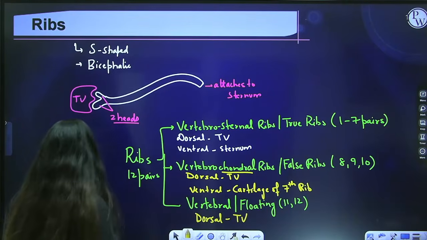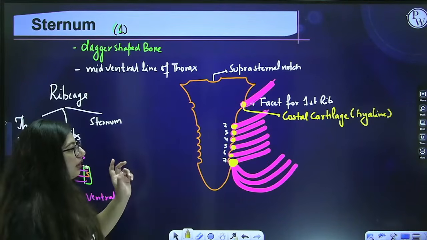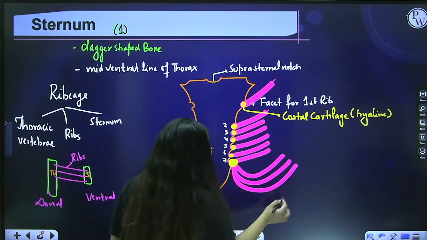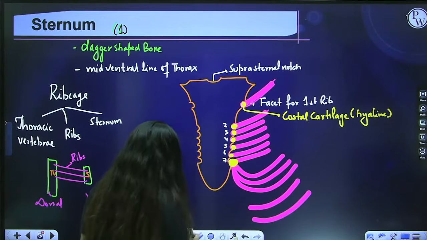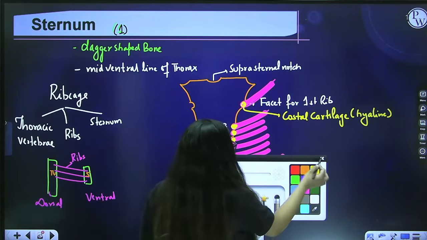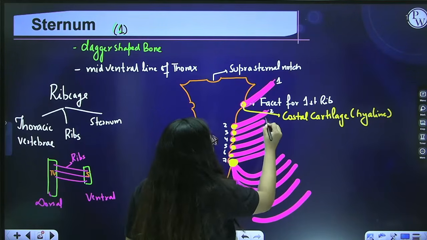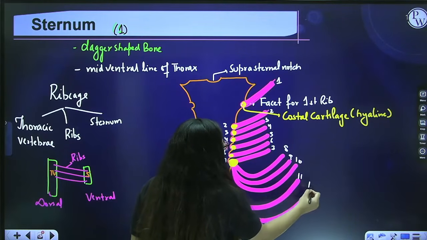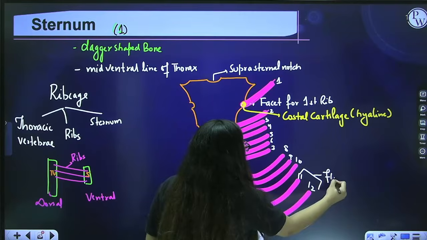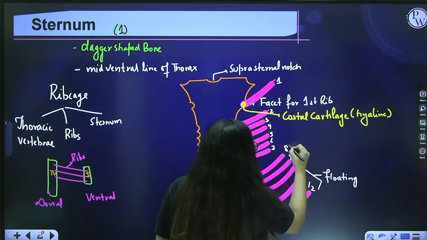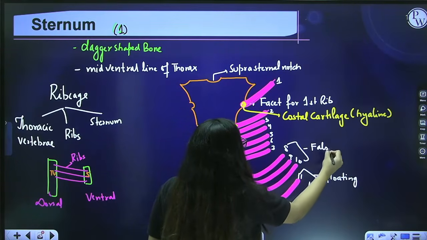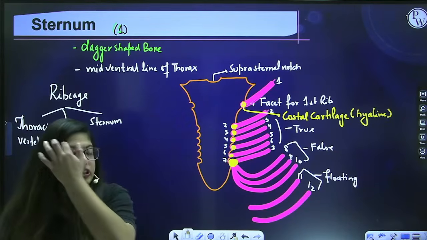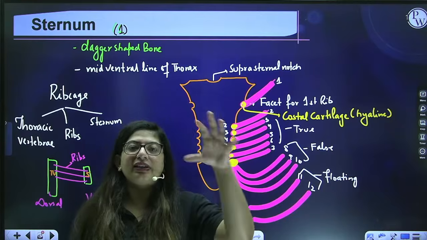So this is a most common question that is asked in the exam about the different types of ribs, right? You can see here the last pair, 11th and 12th. Let me label all the numbers for your better understanding. This is the first rib, 2nd, 3rd, 4th, 5th, 6th, 7th, 8th, 9th, 10th, 11th and 12th. These two are floating ribs. These three are false ribs, and above all, they are true ribs from 1st to 7th. So this is how you have different types of ribs forming the rib cage.